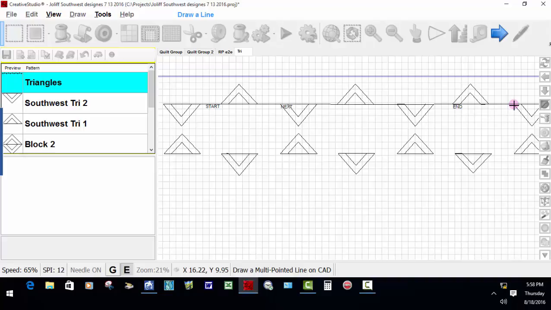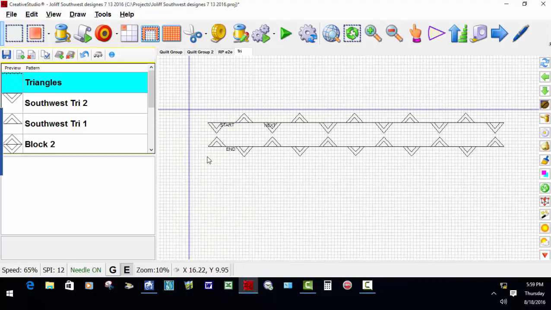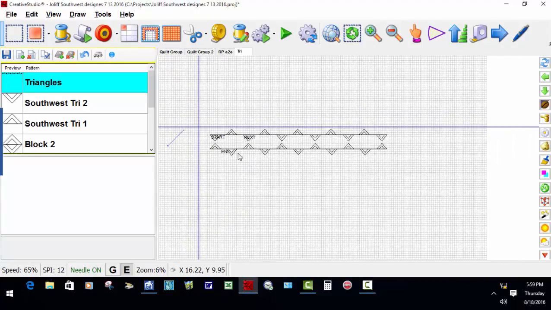But I will have to do something to make them sew continuously. Okay, the last triangle here has been connected to this. And I'm just going to right click and then right click, and that gets me out of that. Now I have these all set,